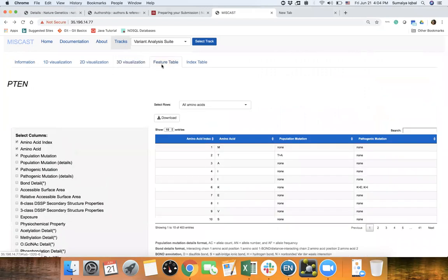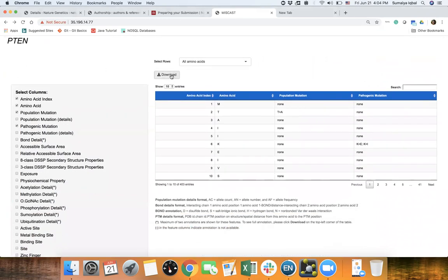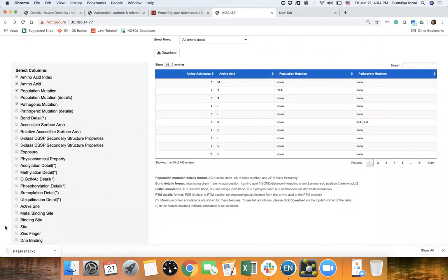In the feature table tab, user can see variants and features in tabular view. Importantly, user can download the annotation of variants and features per amino acid as a plain text file where the variants and features are available in a tab delimited fashion. For better visualization, we have shown only the 4 columns by default, but you can select additional columns here and